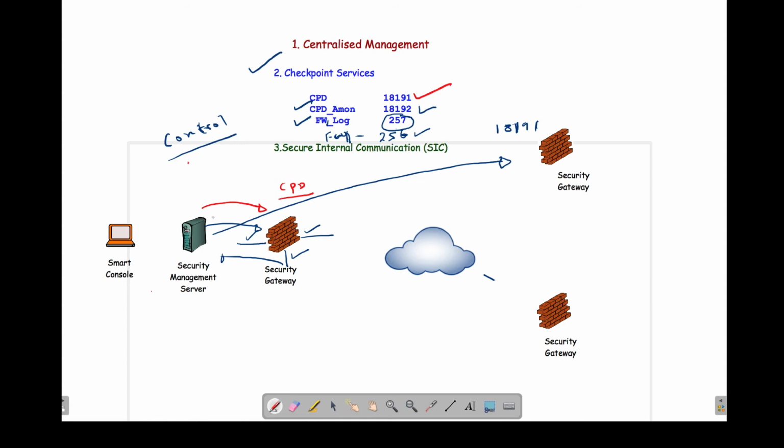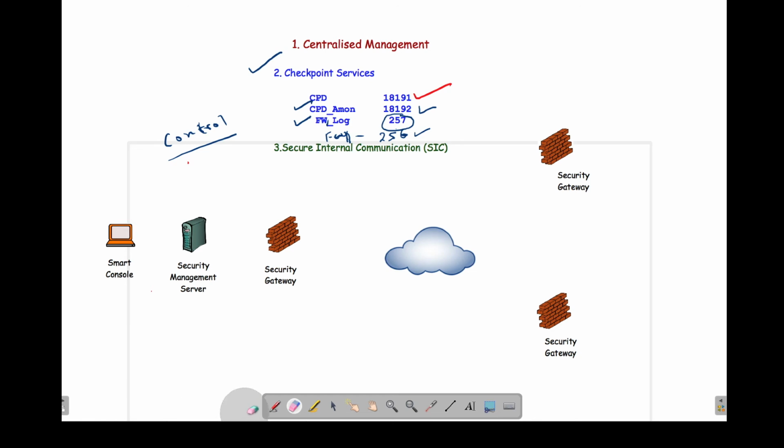Now the idea is, before they open a control connection, we want the checkpoint components to authenticate with each other to see whether they are really the entities they claim to be. When the management server is trying to give policy to the firewall, what is the guarantee that it's its own management server? For example, the management server is trying to give policy to the branch office 1 firewall.